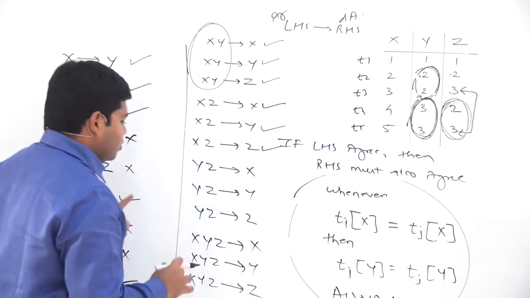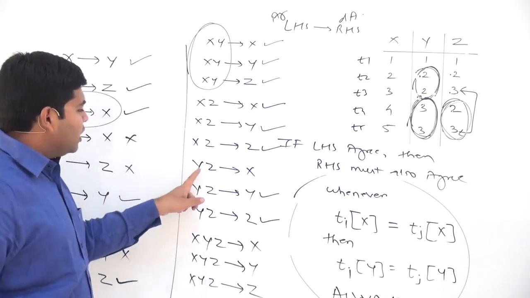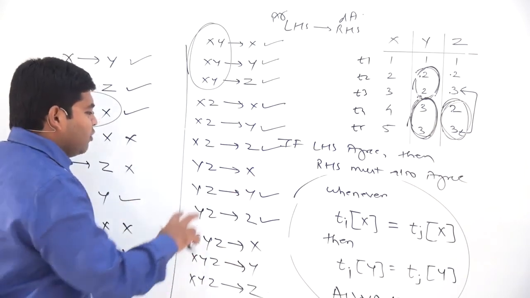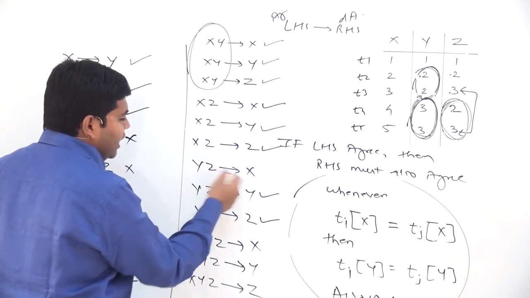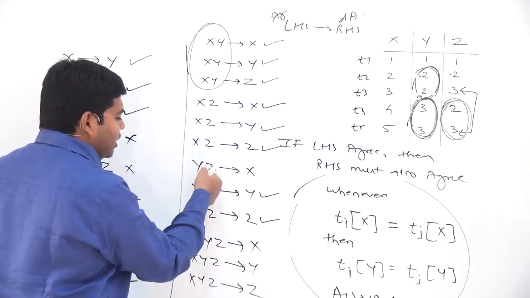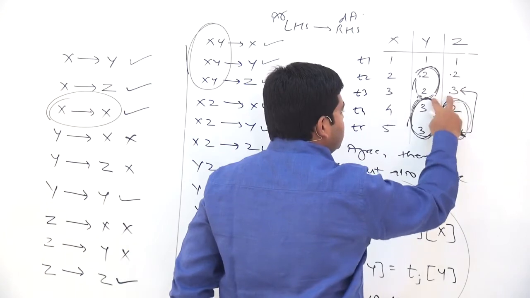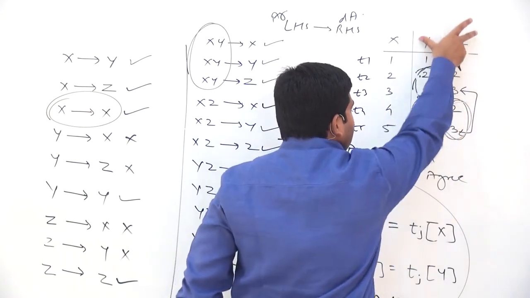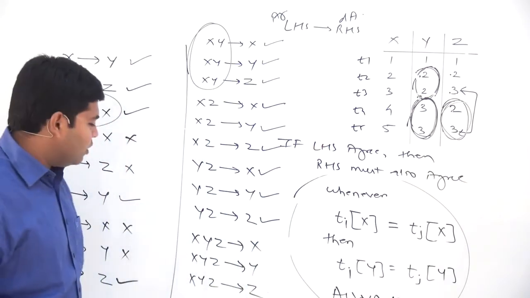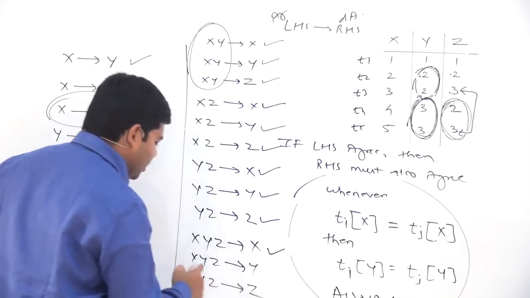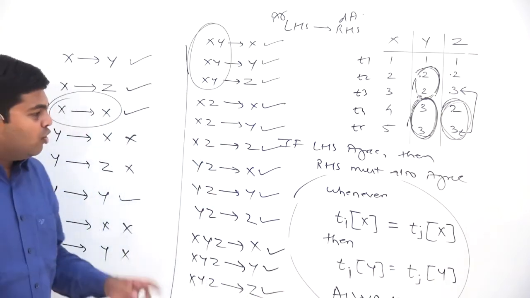Now see, yz gives z is a trivial question, yz gives y is again a trivial question. We need to check whether yz gives the value of x or not. We need to check whether the rule will be violated or not. Violation needs an agreement on the left hand side and disagreement on the right hand side. So let us check whether there is any agreement on the left hand side or not. So 1 1, 2 2, 2 3, 3 2, 3 3. There is no agreement on the left hand side. The rule cannot be violated, the rule will be satisfied. Therefore, the FD becomes a valid one. Now XYZ will always give X trivially, XYZ gives Y trivially, and XYZ gives Z is again a trivial functional dependency.